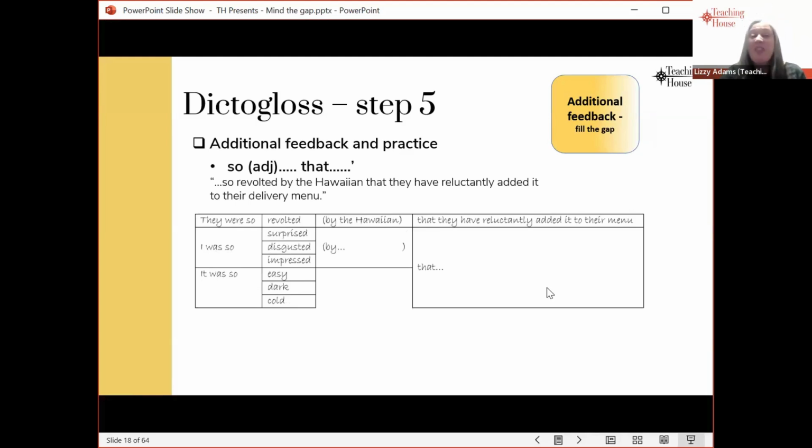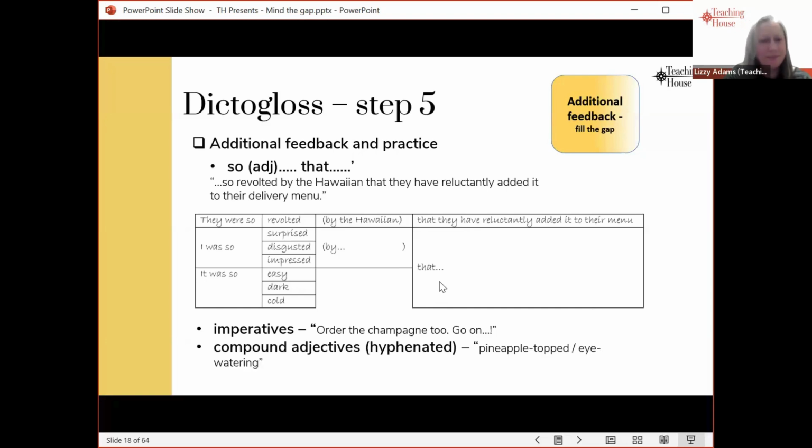But they might notice other things. So in class, you can be spontaneous. You might talk about imperatives. They're being used here in a sort of jokey way, and how we can use imperatives in that sense. There's also some compound adjectives in there with a hyphen, and we can look at how those are formed. And then I like that one, put your dough where your mouth is. So whatever comes up for your learners, whatever they find interesting, whatever you find interesting can be a